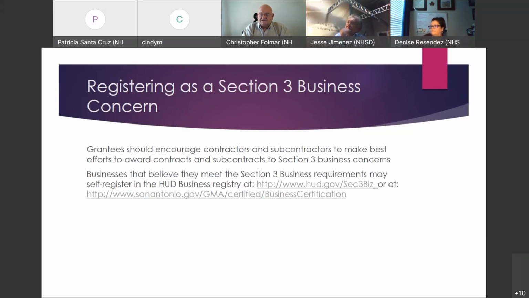So if you register with us, which you're certainly welcome to do, we'll provide you a form to fill out, and then we'll have you in our database. And other people can come to us for our database if they want. But if you register with HUD, then you're going to be on the database for SAHA, the outlying cities, Bexar County, things of that nature. So it gives you a lot more exposure if you register directly with HUD.